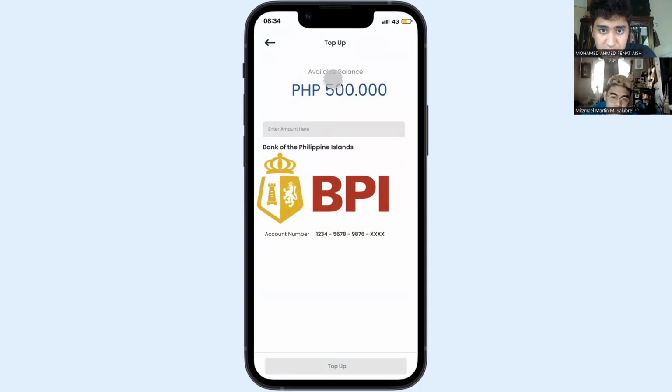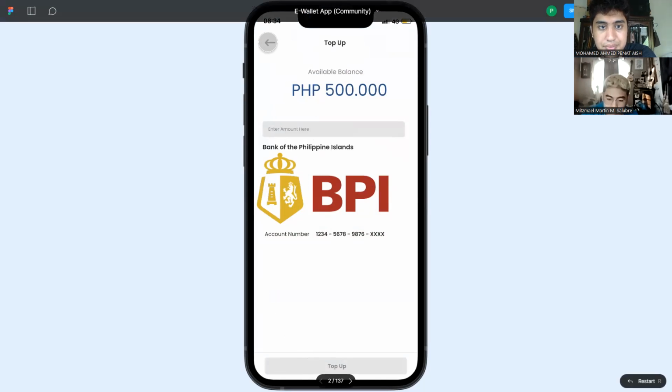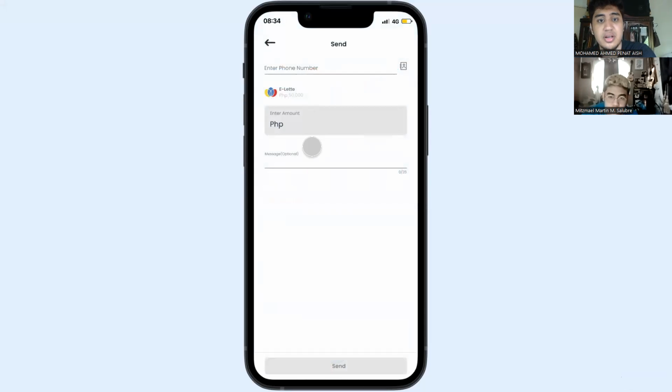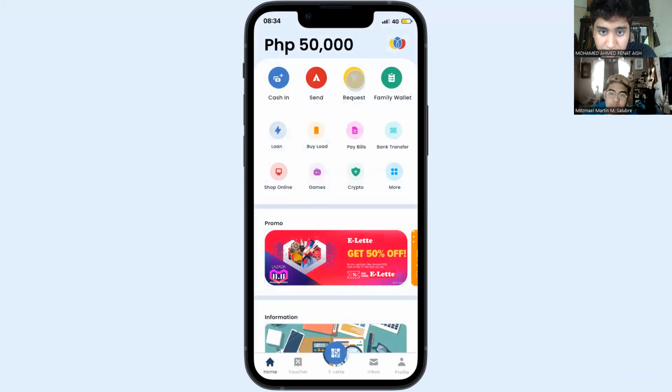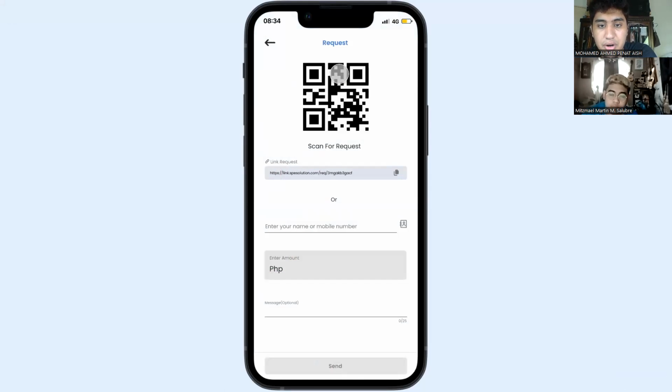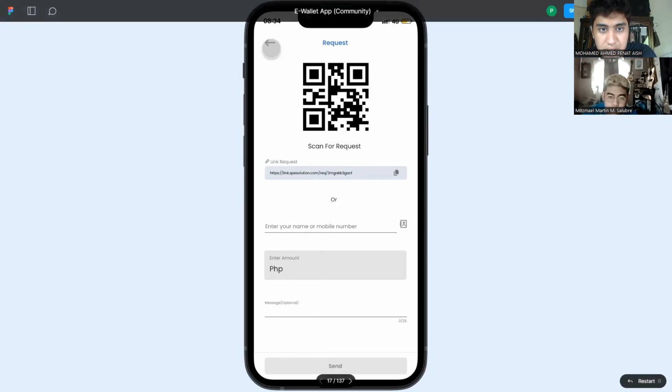You can top up funds from your bank that is linked to your e-wallet. Let's say you enter an amount here, then you just click top up. Next, we can send, just like GCash. You can enter the phone number or select an existing contact, then enter the amount and a message if you want to, then just click send. Next, we also have request. Here we have our QR code and also a link if you want them to scan for a request, or you can just enter a phone number or name and the amount and also a message if you want,